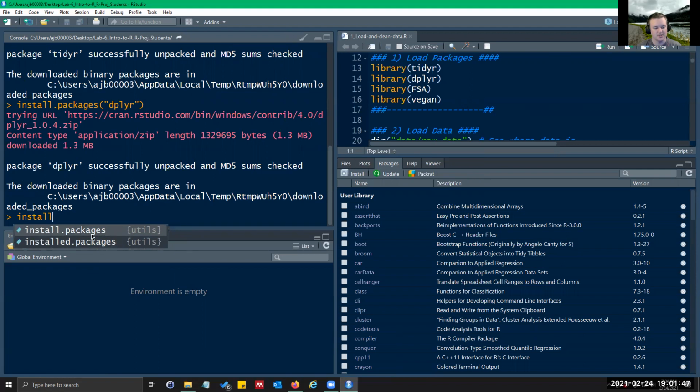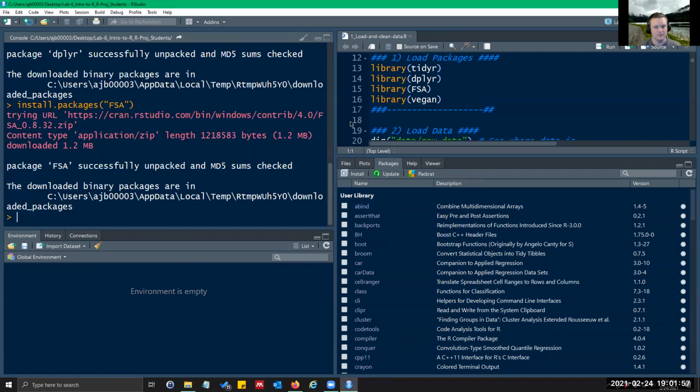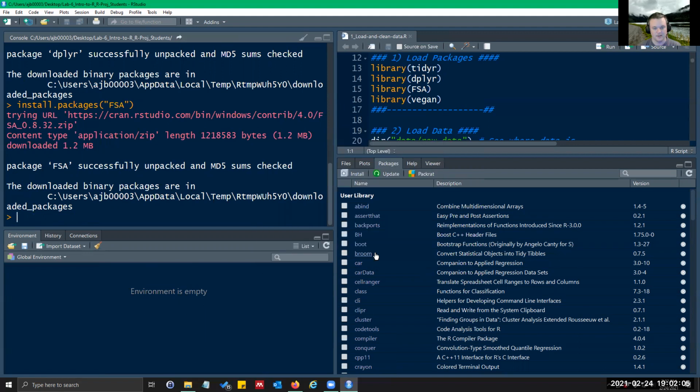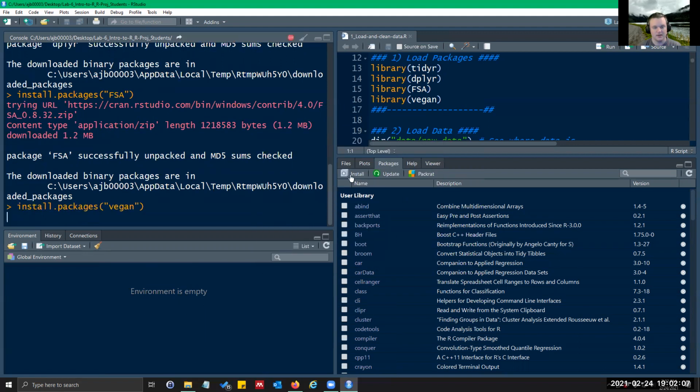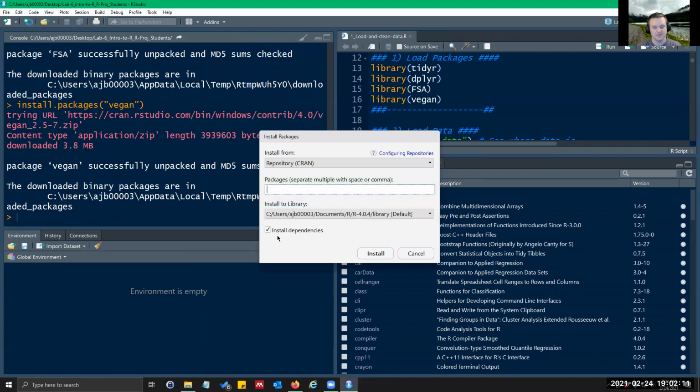So you can just click this, and then it has to be in quotations, FSA, and hit enter, and it will run. I like to do it this way because it's nice. And when you're doing that, having install dependencies checked is useful.